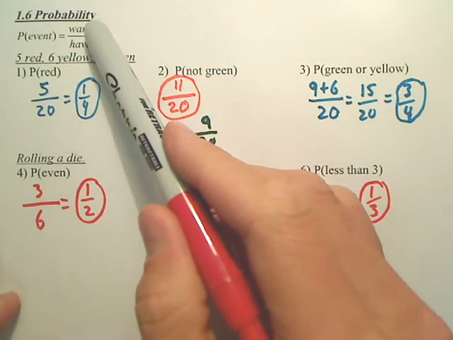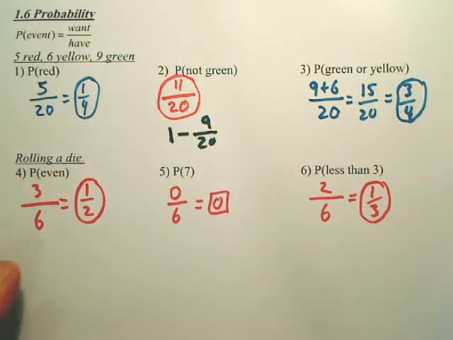Probability. What you want over what you have. It's always a fraction. Make sure